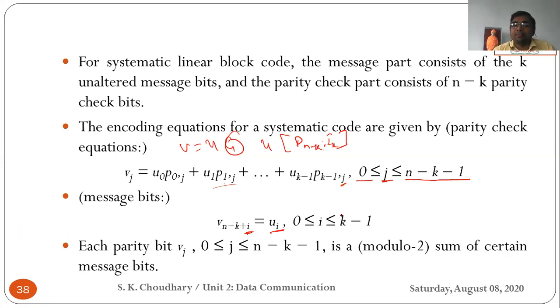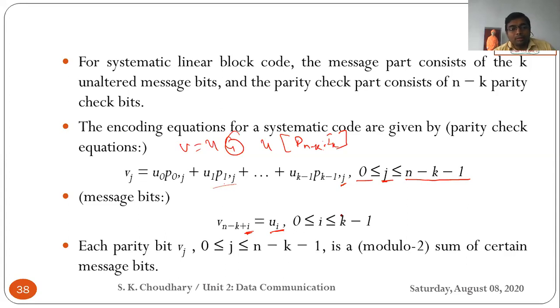So the identity matrix is just a representation of the message. If you remember the first example, the (6,3) code, V0, V1 and V2 are combinations: U0 plus U2, U1 plus U2, U0 plus U1. But for the last three, V3 is U0, V4 is U1, V5 is U2. So the last three are a representation of the identity matrix. That's why they are the same as the message. And the first three represent the parity. That's why they are linear combinations of messages. Now you have a little clearer idea of why the equation is written like that.